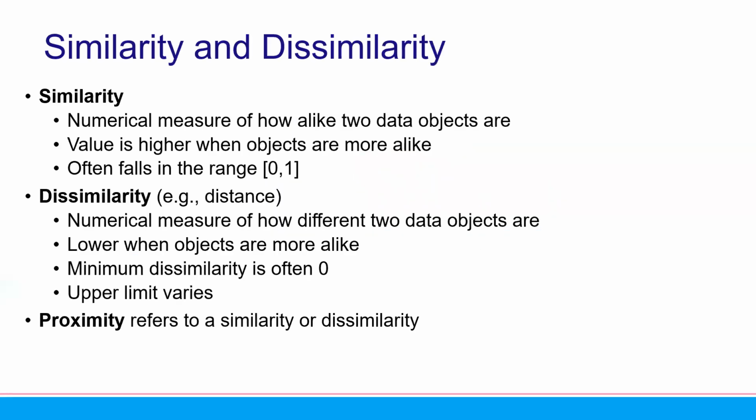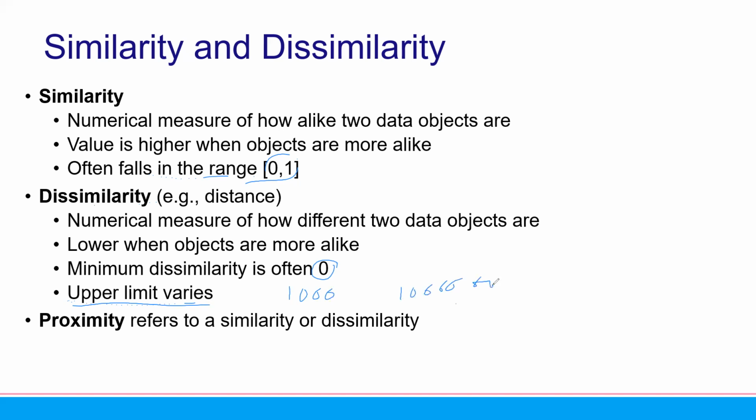So we already learned the difference between similarity and dissimilarity. Okay, so I would like to review one more time. If it is about the similarity, it often falls in the range of 0 and 1. And if it is dissimilarity, the minimum is 0, and then the upper limit varies. Varies means the upper limit can be like 1,000, or it can be like 1,000,000,